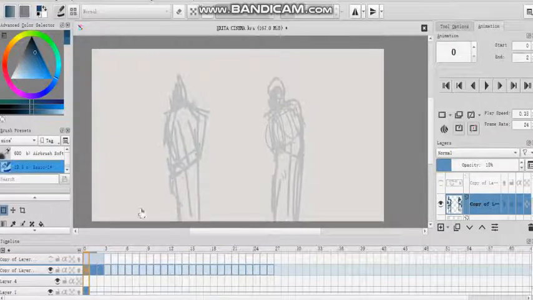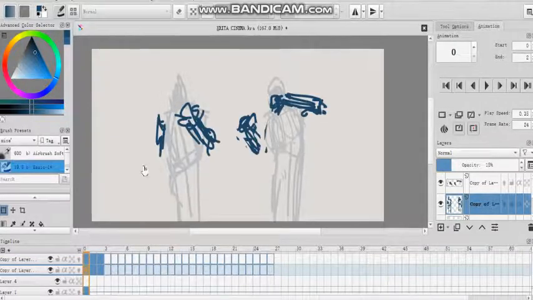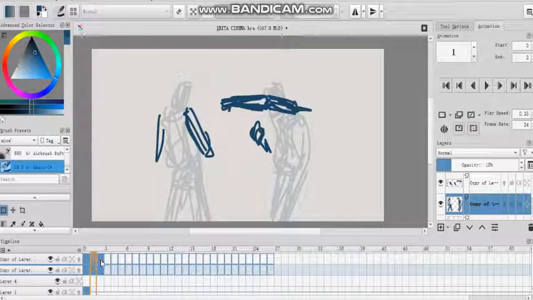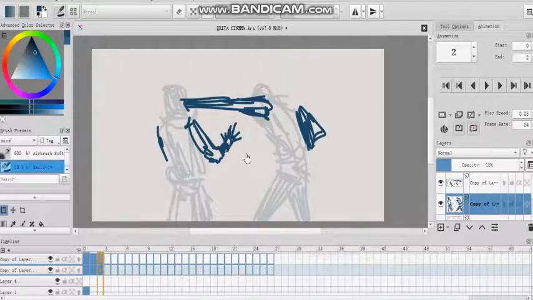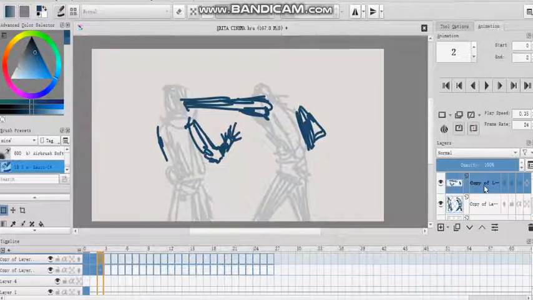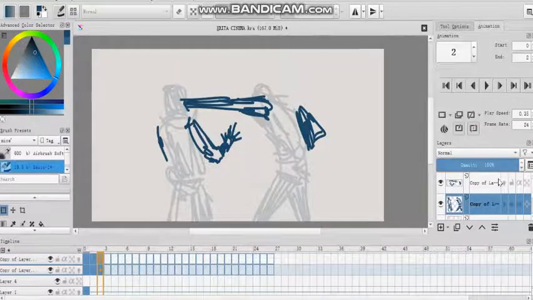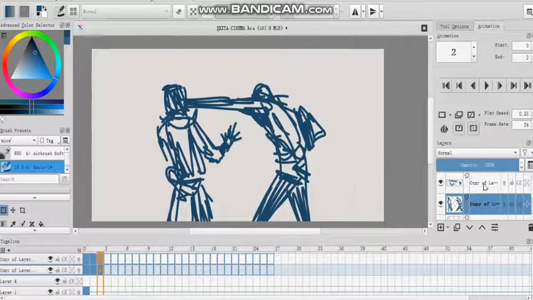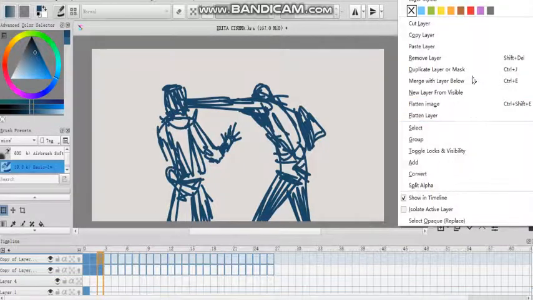As I was going, I did the bodies, and then I went on to another layer and I drew the arms, and I followed the same process. I turned down the opacity for the body layer, and I just moved the arms like that. And when I was happy with it, I then merged. I turned the opacity all the way up so they're the same, and then I merged them both down,